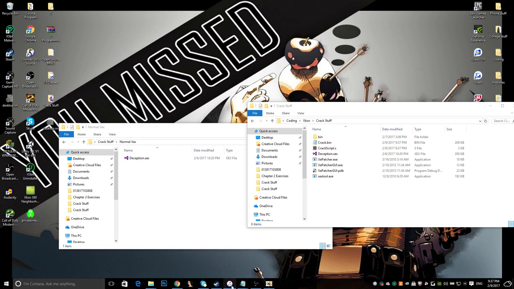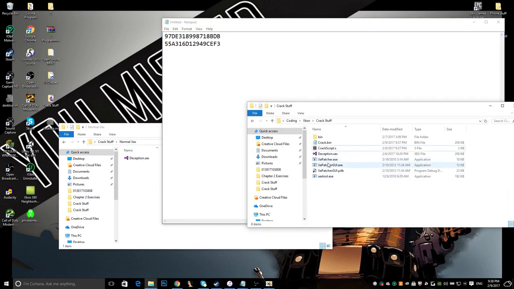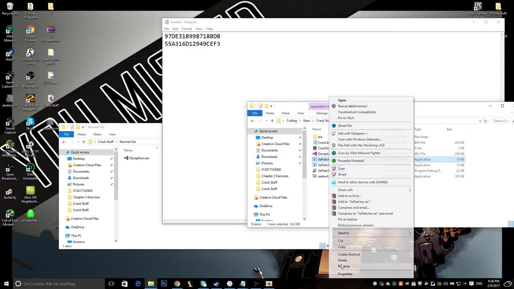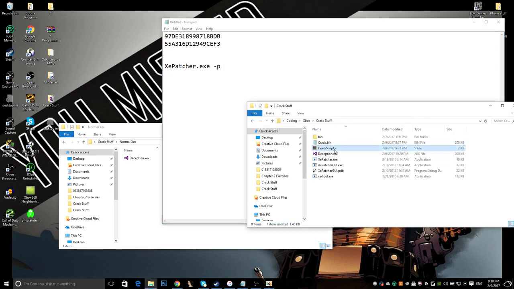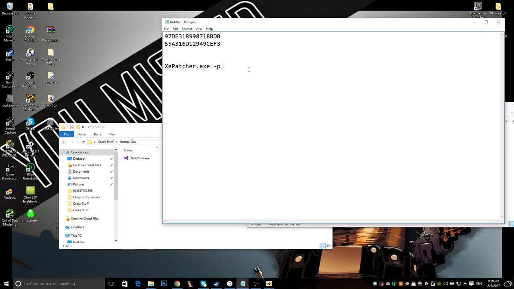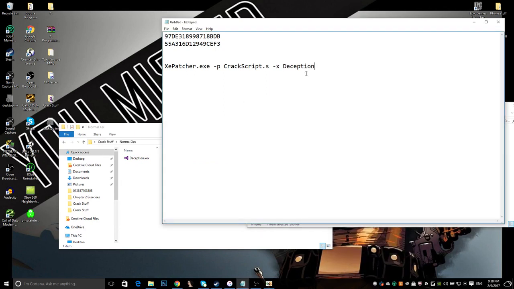This command will be down in the description as well, and the command is xepatcher. Wait a minute, let me make sure I spell it right, because last time I spelled it wrong and it'll mess up the whole thing if you spell it wrong. xepatcher.exe, and then patch, and then it's just the script that we need, like this .s, and then this x, and then we just need the XeX name, so just like this, and deception.xex, that